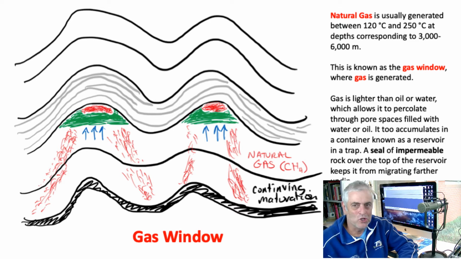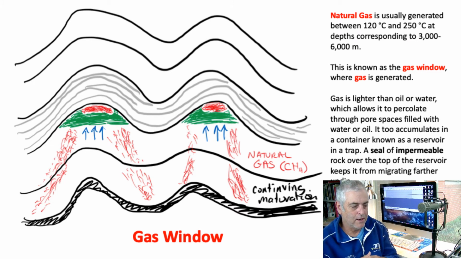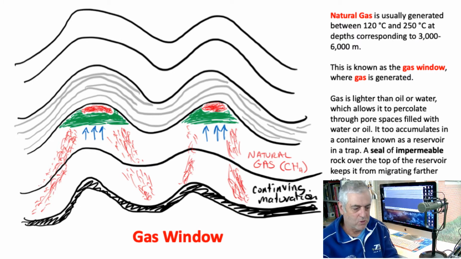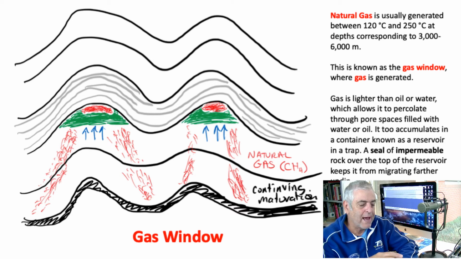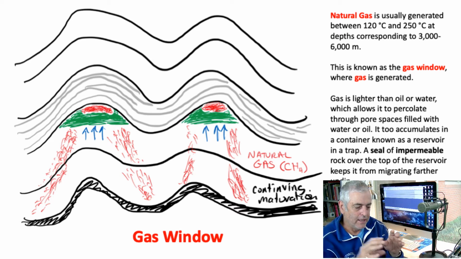And so when gas is generated, all of your oil has already been generated and has migrated away at that point. And so they're looking for gas now. And so here's the gas. What does it do? Well, it follows the same pathways. It'll follow up into those reservoirs at the same time and be bound up below a seal of some sort in a trap. And so the trap is the structure, the seal is the overlying rock, and the reservoir is